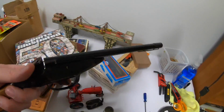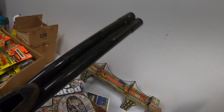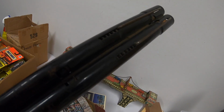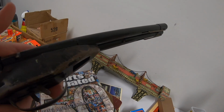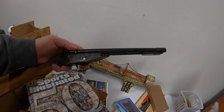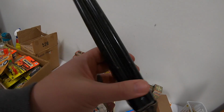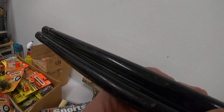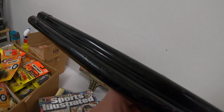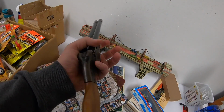This right here, I think, is a BB gun. The mechanics on it, I mean, you can kind of see the springs. I don't think that's any kind of real gun. Definitely some kind of BB gun or toy gun, but I could not find a marking or anything on it. The only writing that I found on it is, oh, wait a second. It says all metal products, and then it says Wyandotte. So Wyandotte was a toy company, so this is definitely some kind of vintage toy gun, so that'll help me